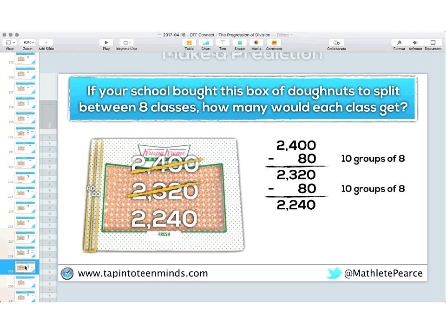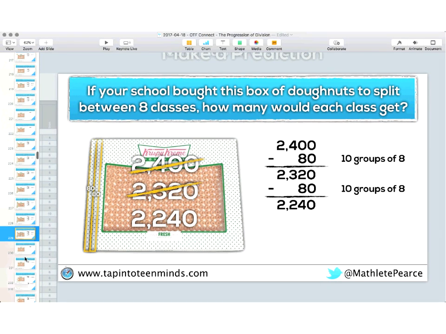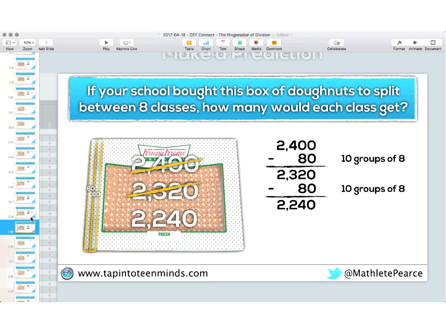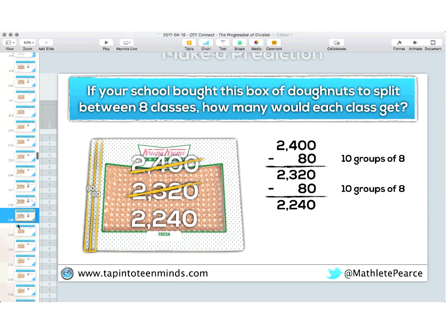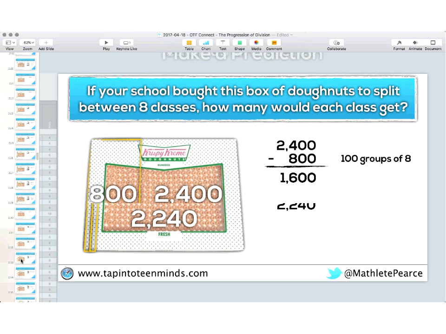And I do this over and over again. But that's still going to take me quite a while. So maybe I want to use some larger numbers. It really doesn't matter what number you decide, but for me, I always figure, well, if I'm dividing it by 8 classes, sticking to 8, 80, 800, so multiples of 8, or multiplying 8 by 10 each time and getting larger and larger friendly numbers, things get a little bit easier for me.